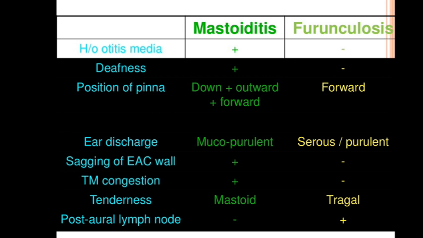Here one thing you have to know. Sometimes a patient can come with all the features that I told you of mastoiditis. This is a very important differential diagnosis of mastoiditis, that is furunculosis. You all know what is a furuncle, right? Staph aureus infection of the hair follicles. If it is of the hair follicles of the external auditory canal, then it is furunculosis of external auditory canal. Sometimes, suppose a patient has furuncle, especially in the posterior wall of the external auditory canal.